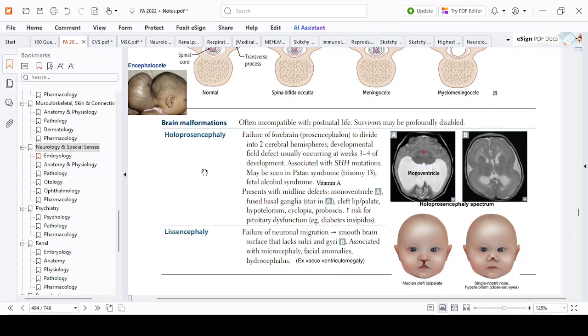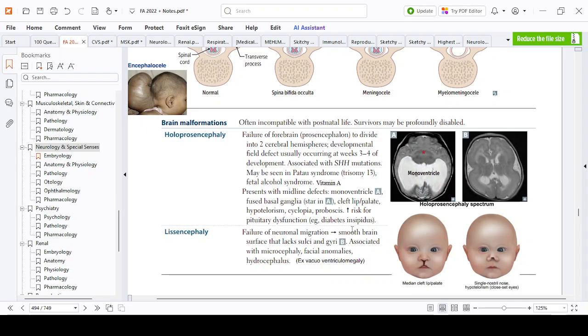Okay, now why this happened is because of the forebrain. The forebrain normally divides into two cerebral hemispheres. So there will be all these problems, a developmental field defect, at 3 to 4 weeks of development. Why does this happen? Sonic Hedgehog mutation, right? So these are about the structures, and let's move to the